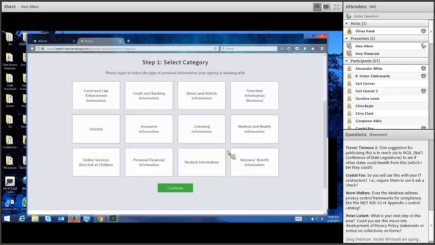The next question is, does the database address privacy control frameworks like NIST? It does not. That is something that we could add to the database. We found it harder to add policy to the database. We tried to do that.